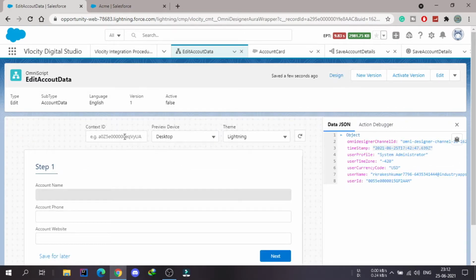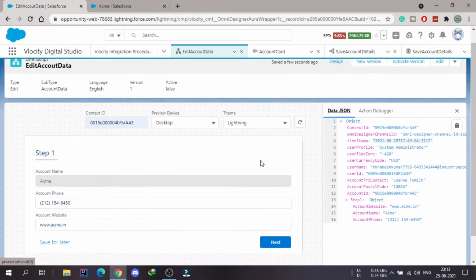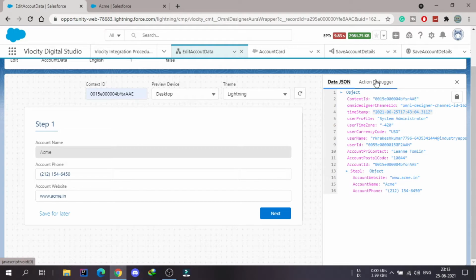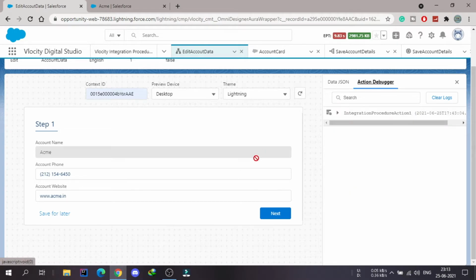After previewing it, we need to provide the context ID. So I will provide the context ID and I will refresh the page. So here you can see that we are getting the data, and inside this, let me open this action debugger. If I make any changes like 450 to 455 and acme.in back to .com, and if I press next,